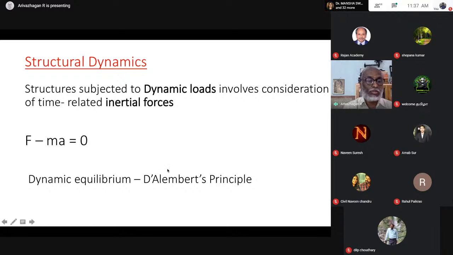This equation expresses that if we add the vector minus ma to the forces acting on the particle, we obtain a system of vectors equal to 0. The vector minus ma, with magnitude ma and direction opposite to the acceleration, is called the inertia force. So in structural dynamics, the term dynamics reflects the meaning of an inertia force.